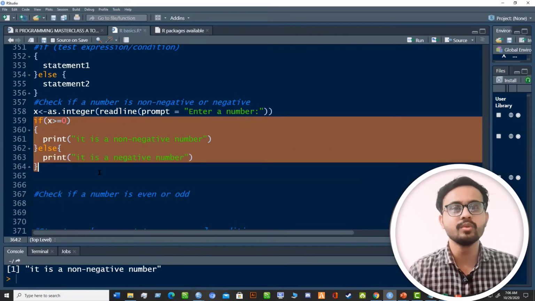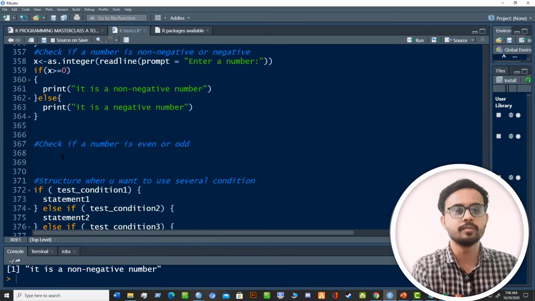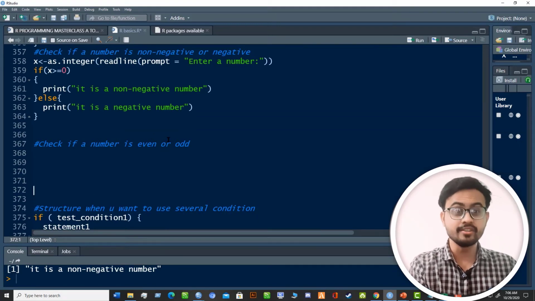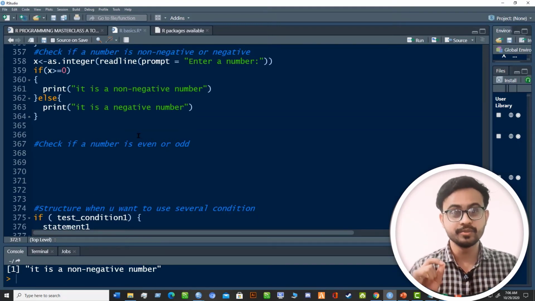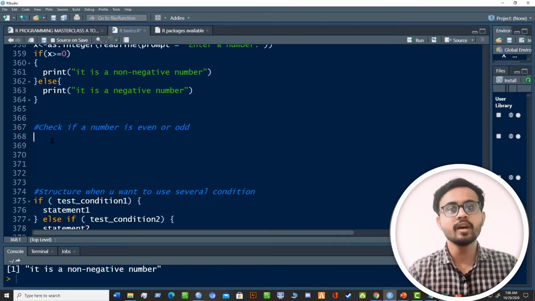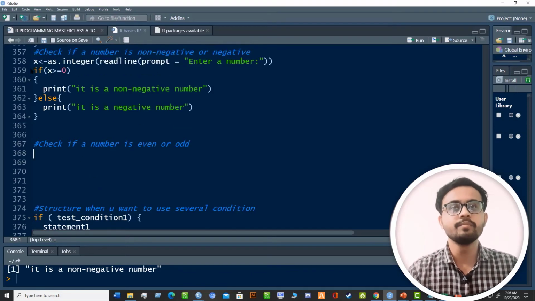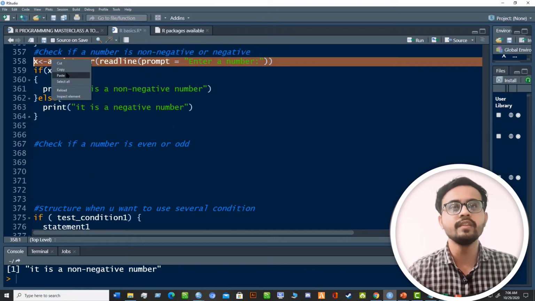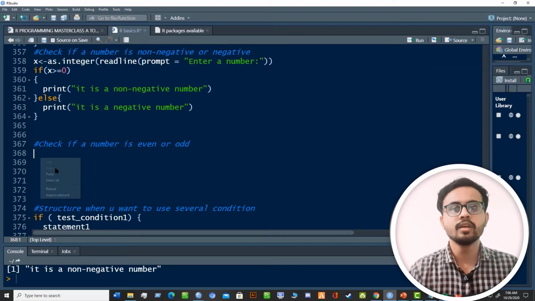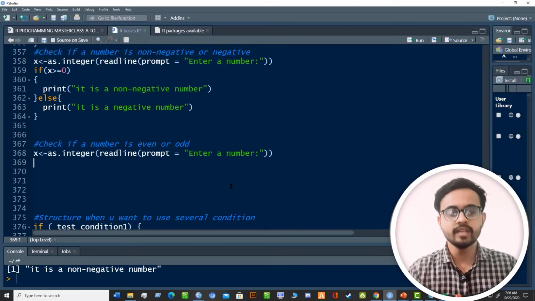So here we're done with one example. Now let me show you another example. Check if a number is even or odd. At first let me use this line to enter any random number you want. So let me copy that and then use the condition if x